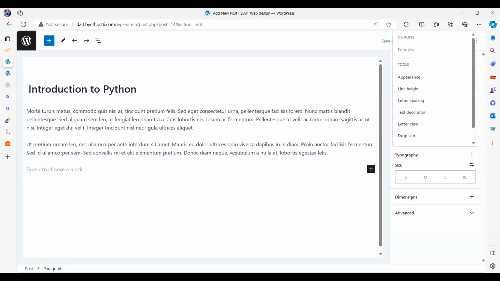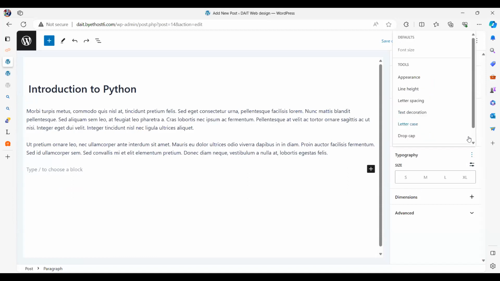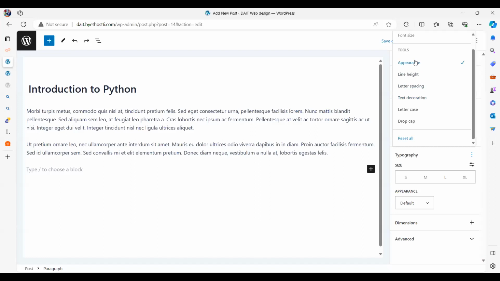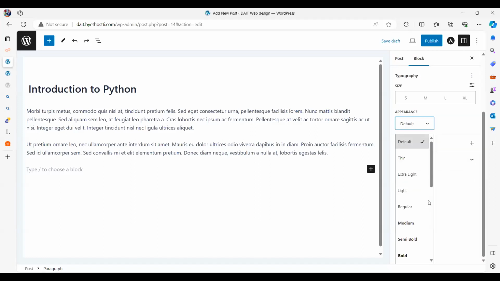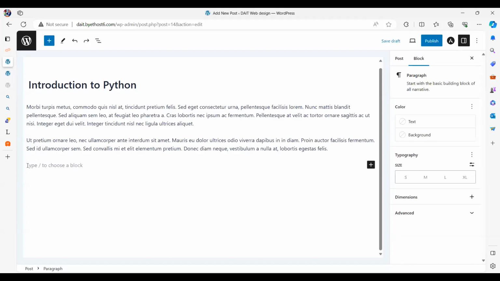Go to typography. Let's see whether I can paste it as it is.